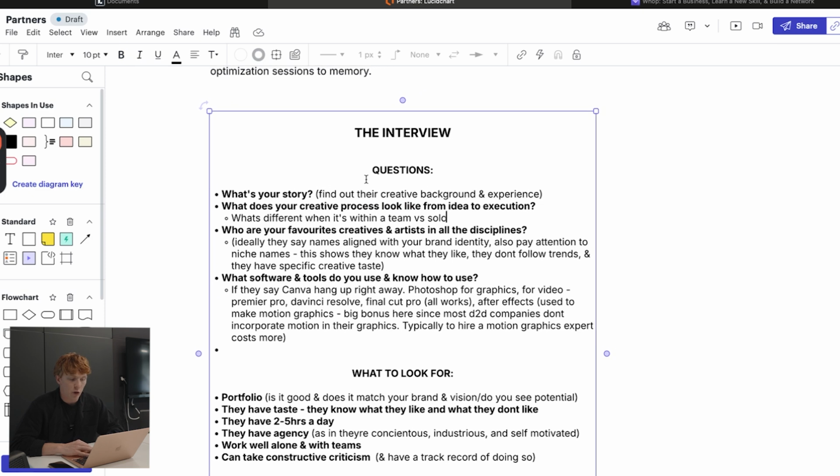And then a follow-up question for that is, what changes and what's different when it's a team project versus a solo project? This is just to get an idea of if they would be collaborative and work well with the team, as well as to gain some more context for you, so that if you do hire them, you know what their process looks like and you can trust them a little more.